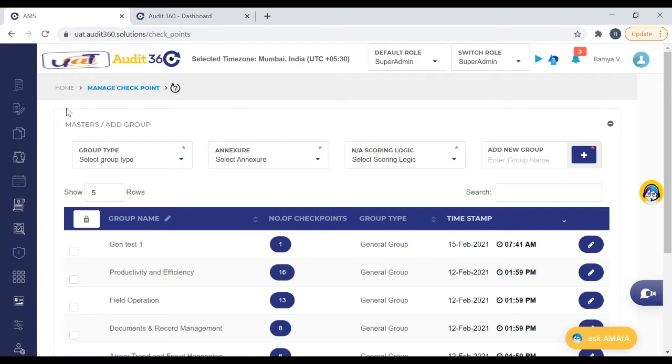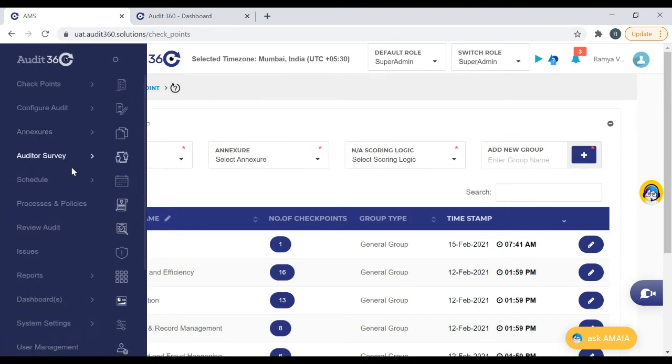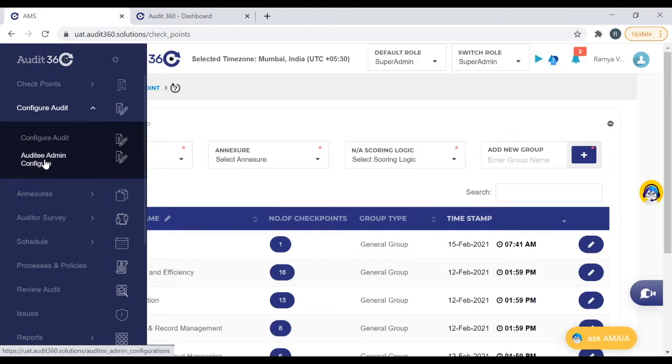So whichever user has this role of auditee admin will have access to the module of auditee configuration, and the customer can decide whether the auditee admin configuration can be done by the super admin or anyone from the auditee side.